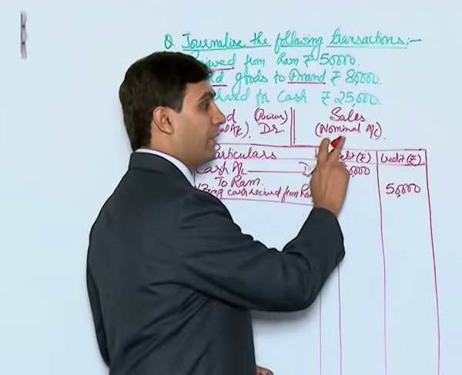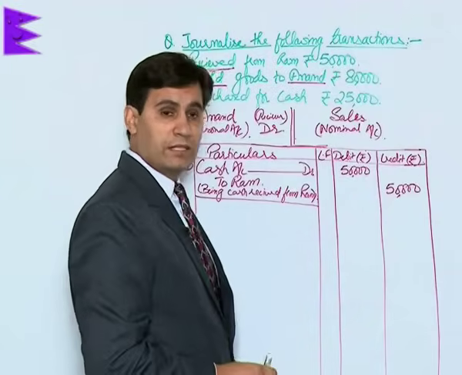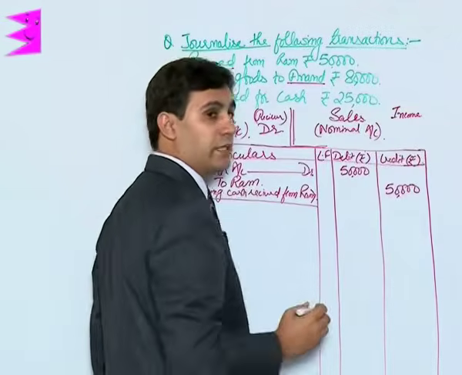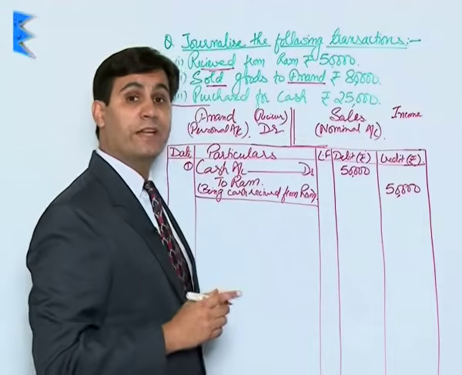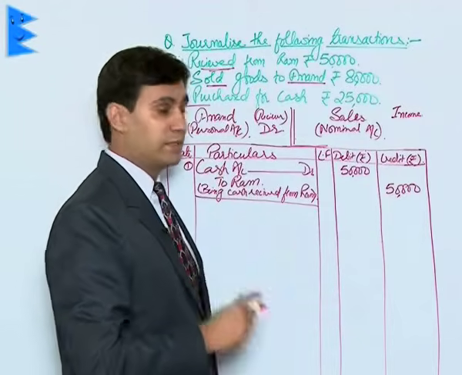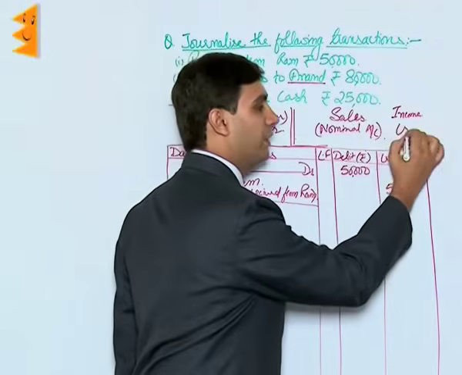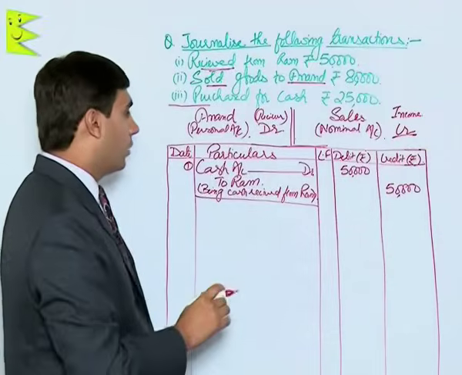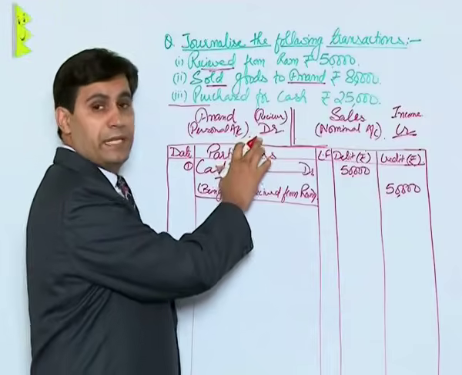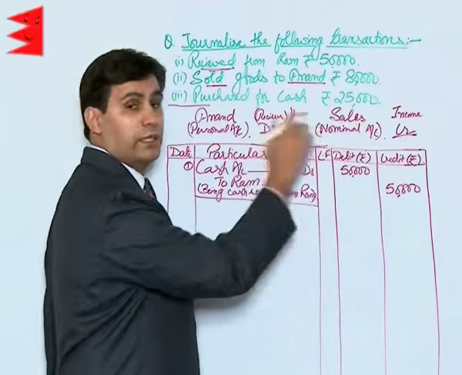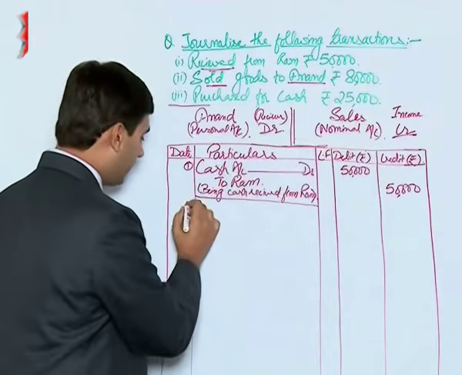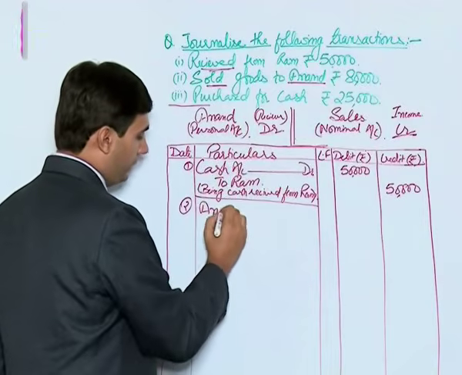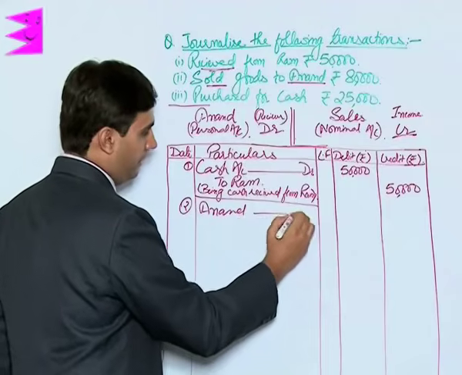Whereas sales is an income for us. Since it is an income, the rule for nominal account says debit all expenses and losses, credit all incomes and gains. It is an income, so it should be credited. So now it is very clear that Anand would be debited and sales account would be credited. This entry number second would appear as the debit amount account on the top, that is Anand debited